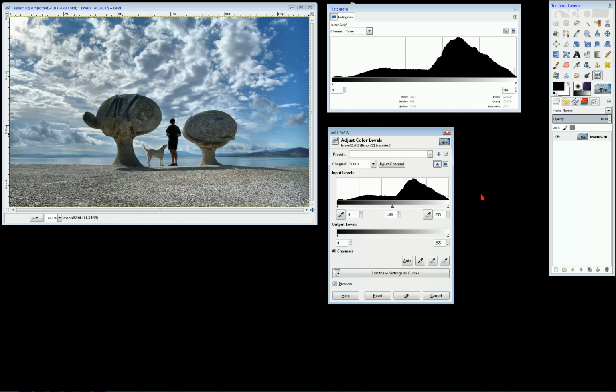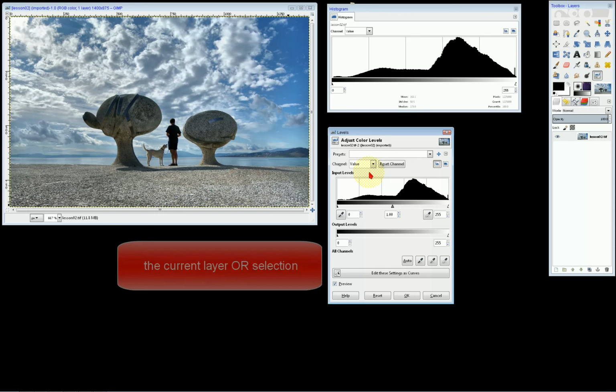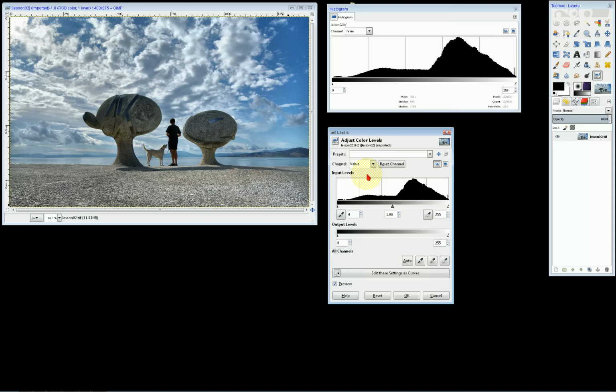The dialog has two reset buttons. This resets all channels from the beginning, and this resets only the selected channel. When the dialog comes up at first, GIMP scans the current layer or selection and analyzes the channels one by one.